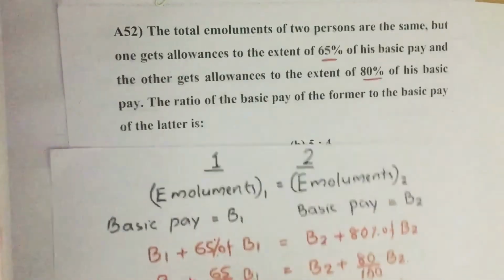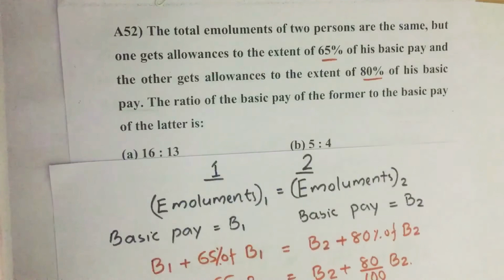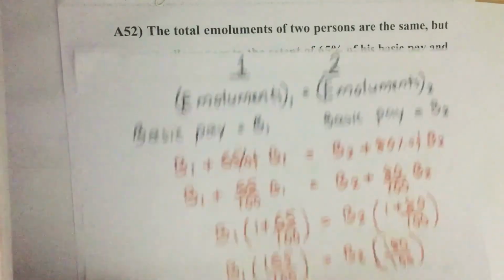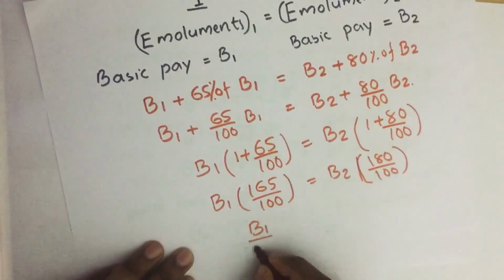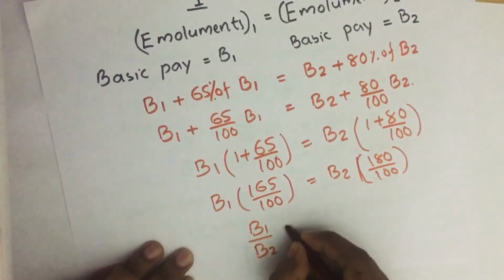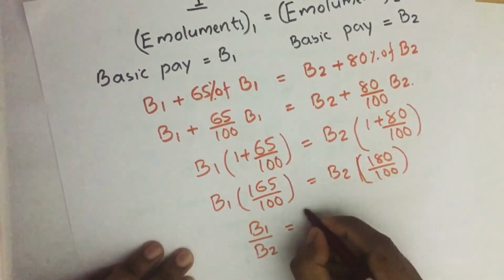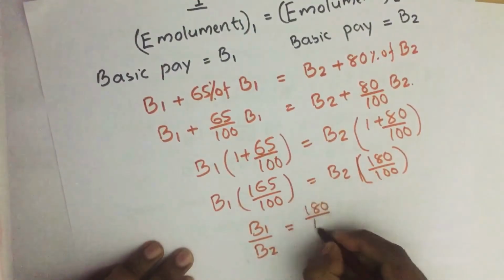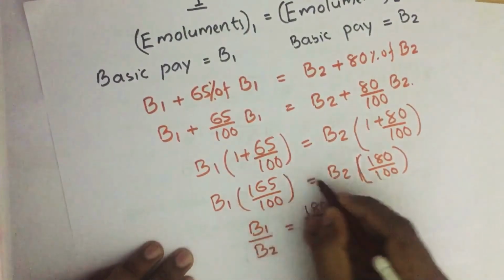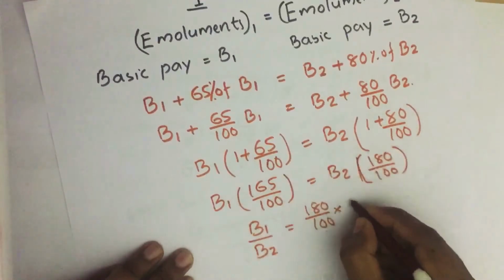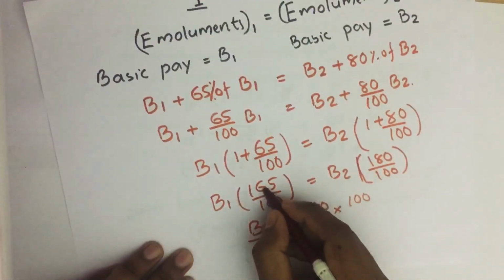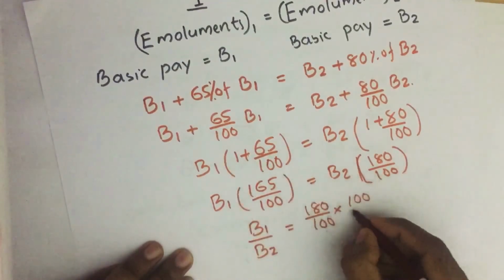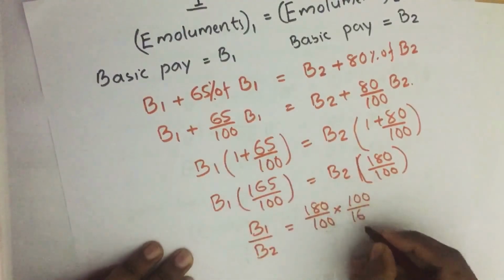So here we have to find basic pay of first person to the basic pay of the second person. So B1 divided by B2 equal to 180 divided by 100. Taking this 100 to the right side, it becomes multiplied by, and taking this 165 to the right side, it becomes divided by,